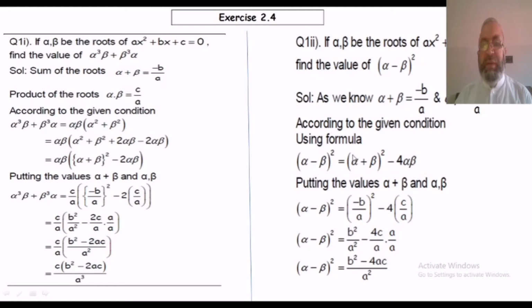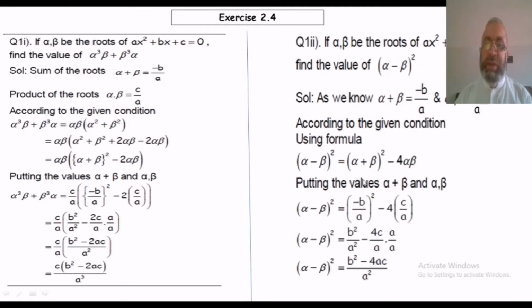So we can write this in the form, because we are going to find the value of alpha minus beta whole square. From that result we write this as alpha minus beta whole square is equal to alpha plus beta whole square minus 4 alpha beta, or by expanding both sides we get the same value. So we can check and verify this result. Now by putting the values of the sum of the roots and product of the roots in the given expression, on the left hand side alpha minus beta is what we have to find. So putting the values of the sum and product,